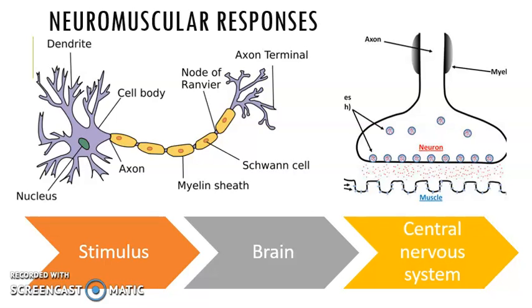If enough ACH makes it across the synapse, then the impulse will go down both directions of the muscle fibers instead of just one. This ACH is turned back into an impulse and travels down the T-tubules into the sarcoplasmic reticulum, which converts the